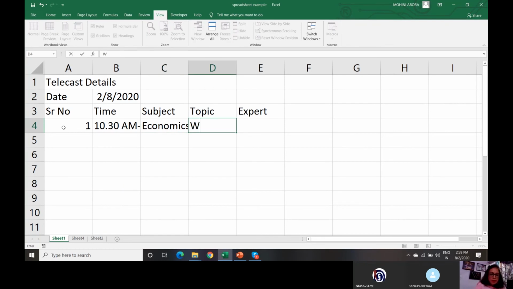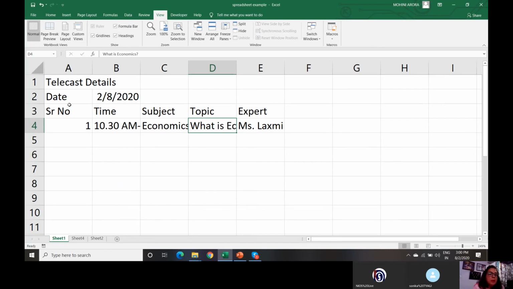Then topic, I say what is economics, I type the name of the expert. So whatever data you want to type, click on that cell and just type it. The cell that you click on becomes your active cell, right? Click on that cell and just type.